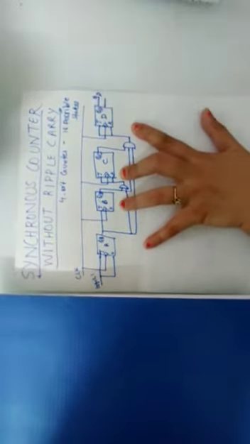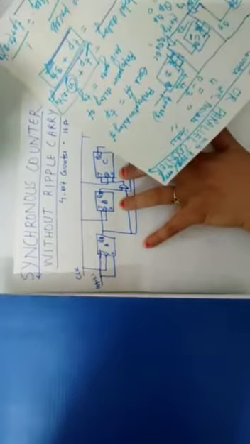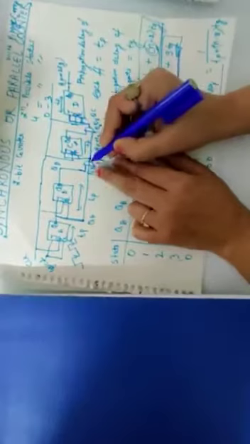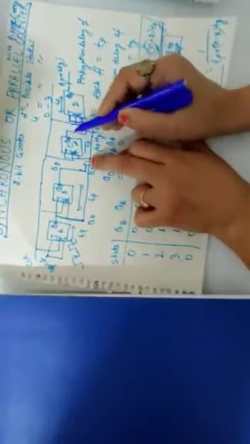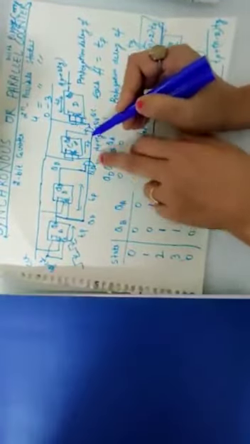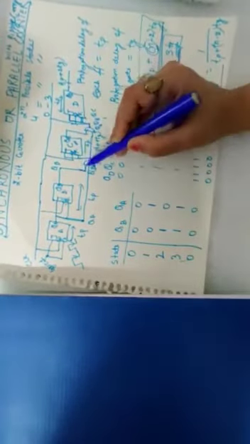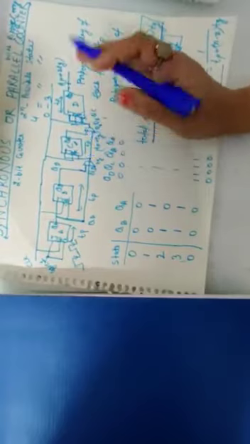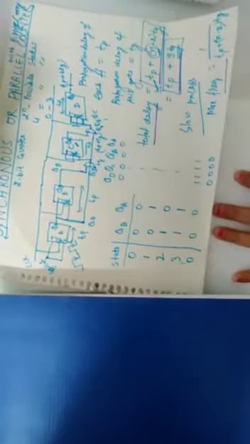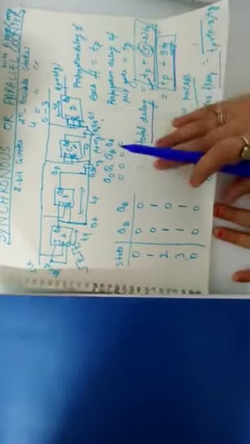This is QD. In the synchronous counter with ripple carry, from this point we just take QB dot QC and AND it with QC, and QA QB ANDed with QC with the same gate. So there are a number of gates, with 2 inputs in each case. Because of this, the propagation delay increases, because we are increasing the number of gates.